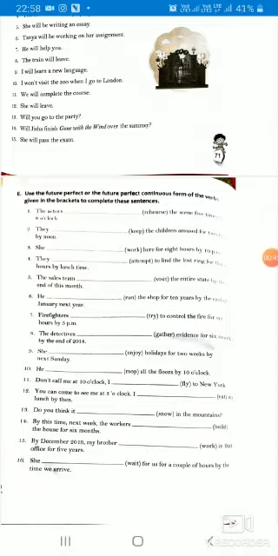What is present tense? First, present tense is the time which is continuing just right now. That is present. The time which we have spent is past. The time which will come is future. And the time we are just spending right now, that is present. So the first is simple present.